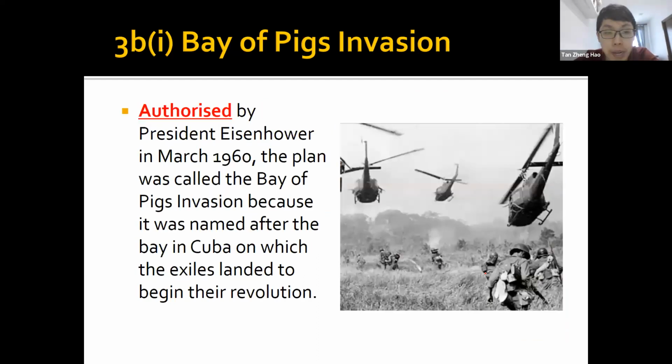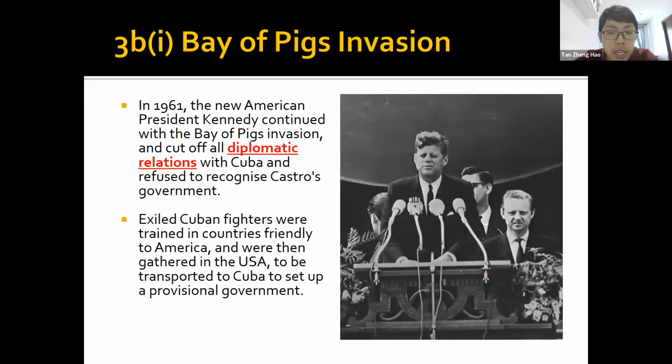Initially the president wanted to send some troops inside. But the diplomatic relationship was already very poor by now, and the US did not want to recognize the Cuban government. So what the US did was they prepared fighters who used to belong to Cuba. Maybe they left the country because they did not like Castro. So they trained all these fighters and wanted to send them back in to take over the country.